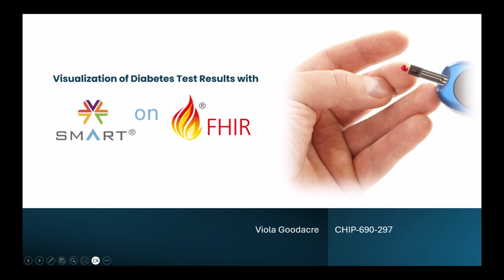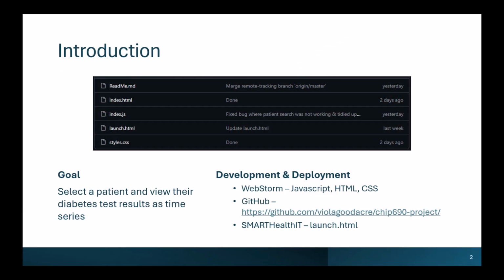Hi, I'm Viola Goodacre, and this is my CHIP 690 final project, the visualization of diabetes test results with SMART on FHIR. So the goal of this project was to select a patient and view their diabetes test results as a time